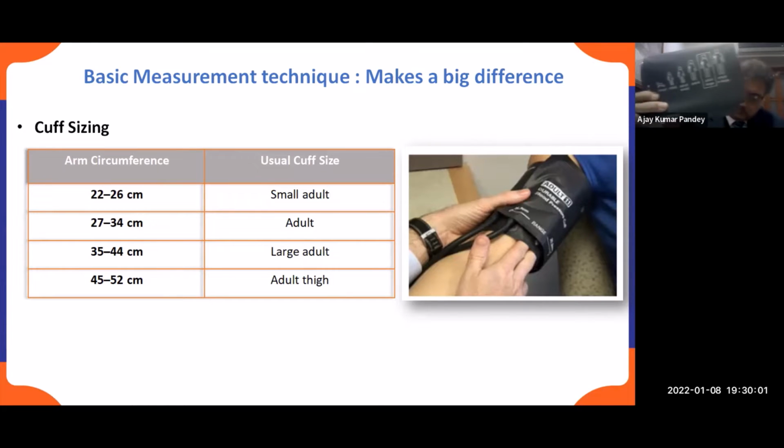You can see there are different sizes. The person diagrams are made on these cuffs, and this is a large adult cuff. And again, suppose there was a very fatty and obese person, you have an extra large cuff like this, and this cuff is for 45 to 52 centimeters. So a good physician's chamber should have all these 3-4 sizes of cuff available with them,